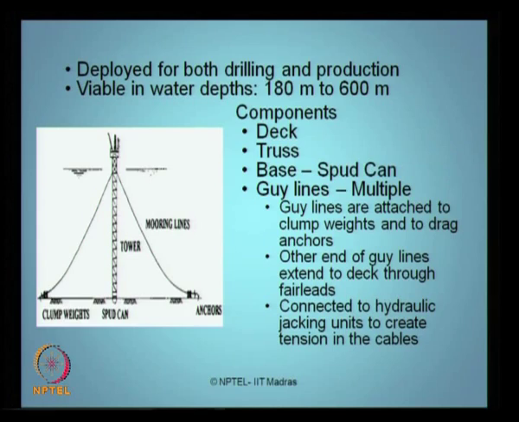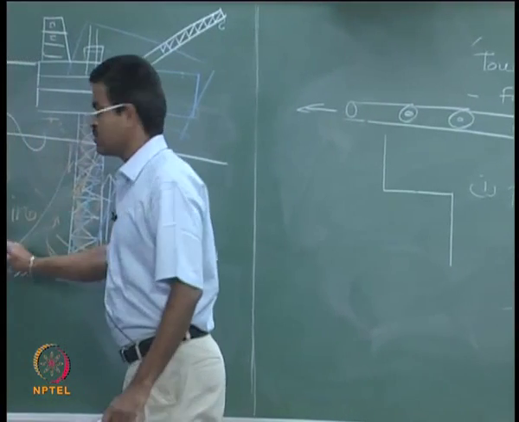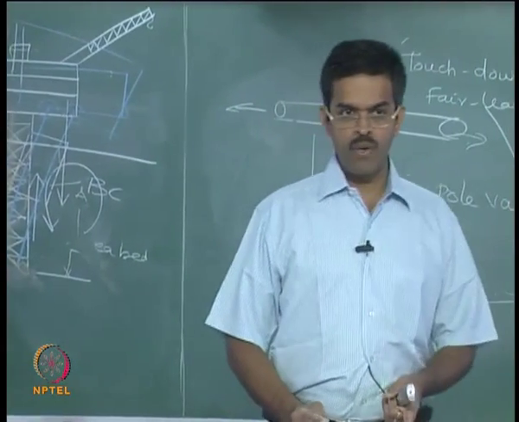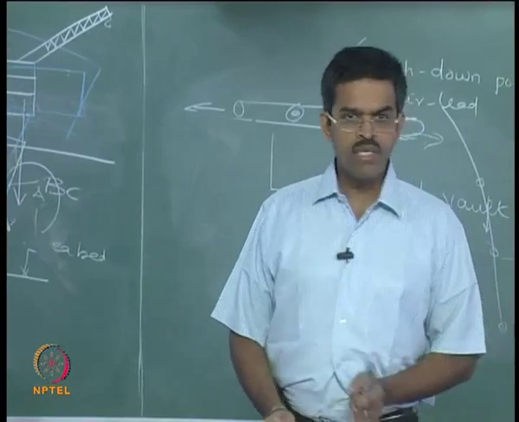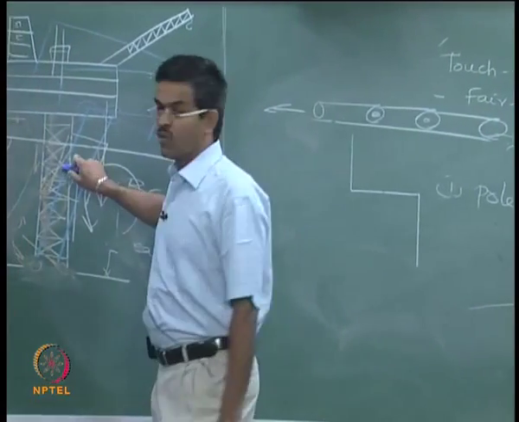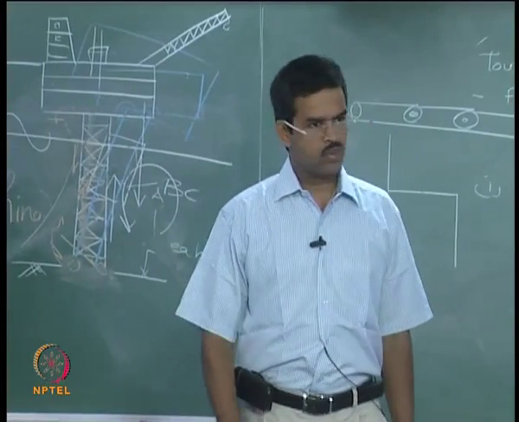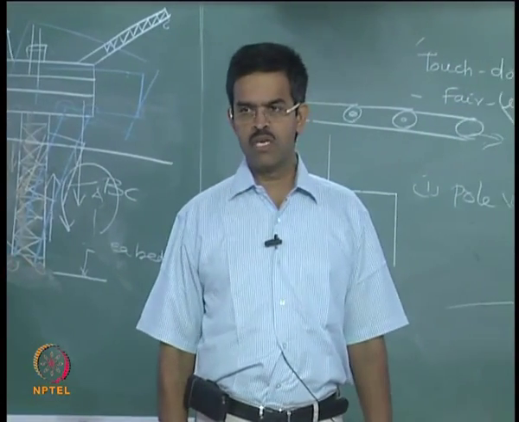So, these are some of the minor components as far as dynamic analysis is concerned, but these are very important for offshore platforms. So, we must have an idea about what we are talking about here. One derived advantage is that by using a mooring line or a cable, I am able to alleviate the maximum component of the lateral load, preventing it from reaching my structural tower. My cable takes this load by a horizontal component of this. Is that clear? Any questions, any doubts here?